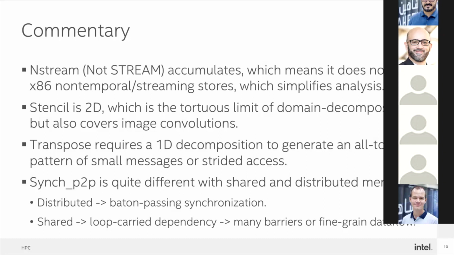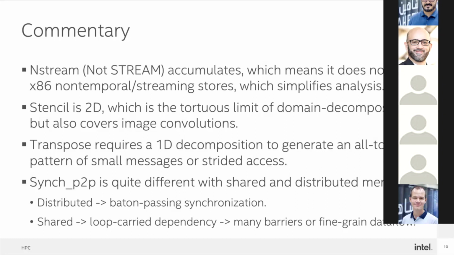And so I have found that the fact that we have the accumulation in there guarantees that we do the update rather than the overwrite. And it means that the PRK N stream numbers are more stable. And maybe that's good, maybe that's not good. There may be value in saying overwriting is a good measurement to take. But in our case, it has made it easier to have people get the numbers they want.